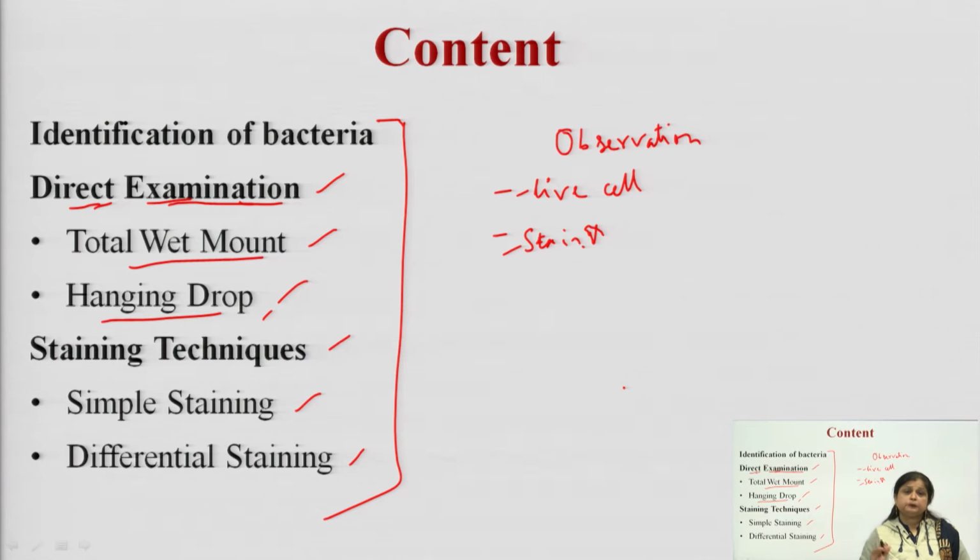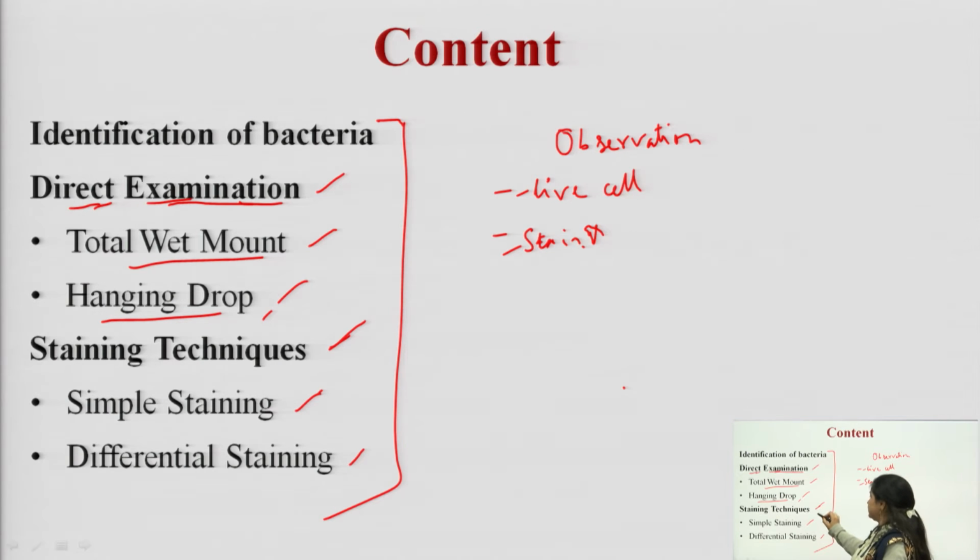But if our images are colorless and transparent, as I told, in bright field it will be difficult to see the transparent images. That's why we always go for the staining techniques. In staining techniques, we mainly use the dyes, the colors, which will either color the cells or color the background. So cells will appear colored in nature, and colored specimens can easily be seen under the bright field microscope.